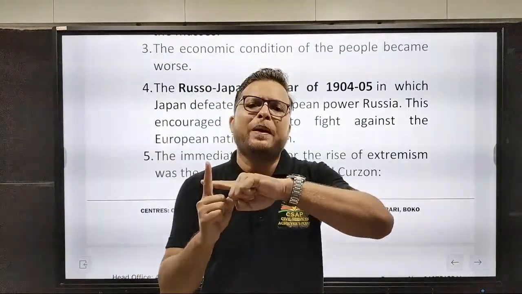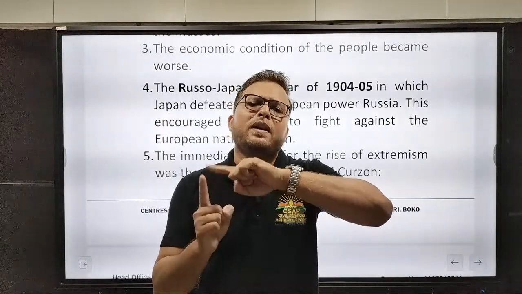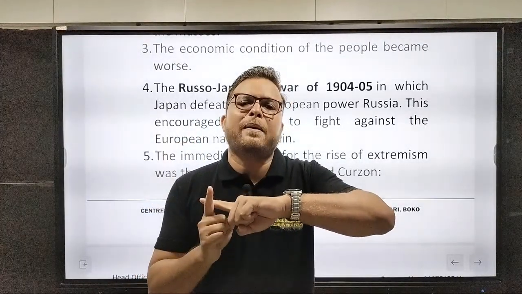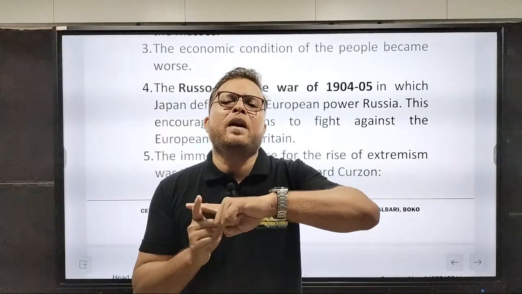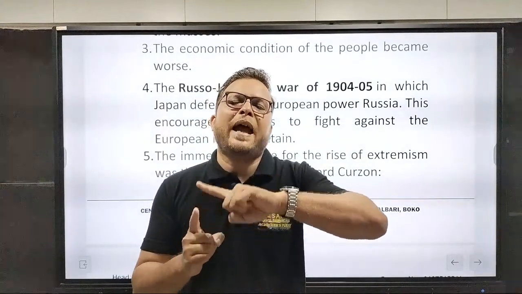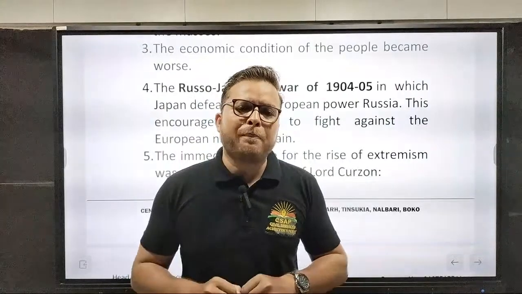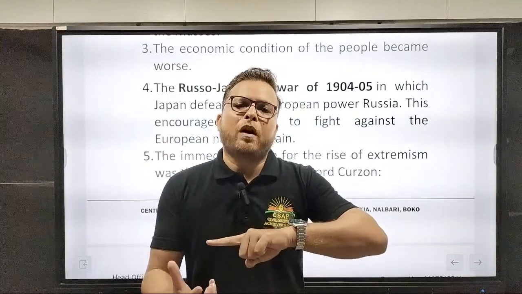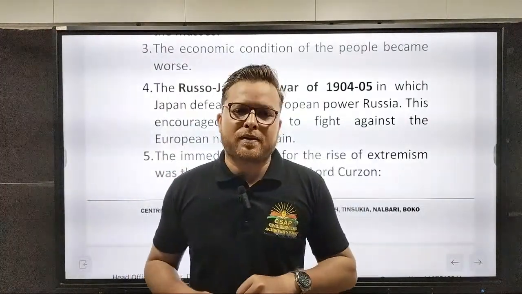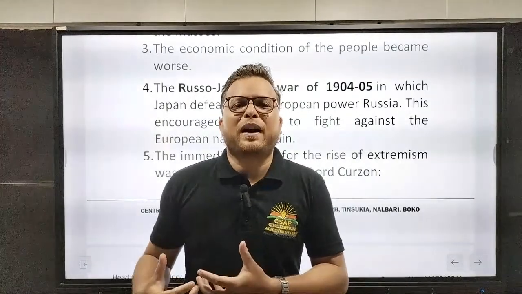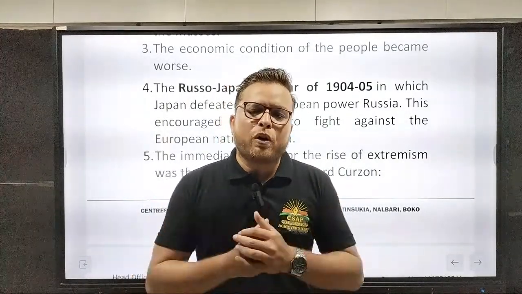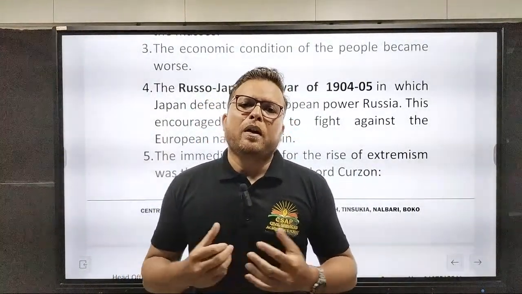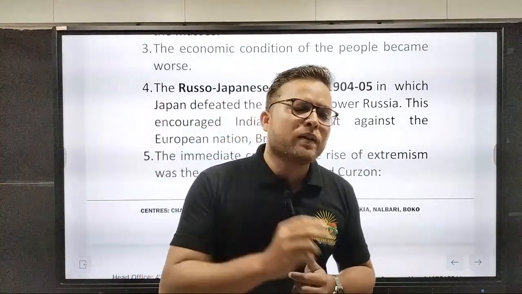Now I am talking about another pillar, invincibility. How did this pillar get affected? This pillar got affected by these international events, for example when Ethiopia defeated Italy and when Russia got defeated at the hands of Japan. Both were European powers, Russia and Italy. So it gave a lot of confidence to Indians, and to these leaders who later came to be known as extremists. They thought that if these two small countries could defeat two major European powers, why cannot we do something similar? So these two international events are very, very important.